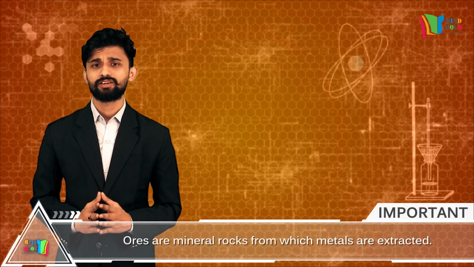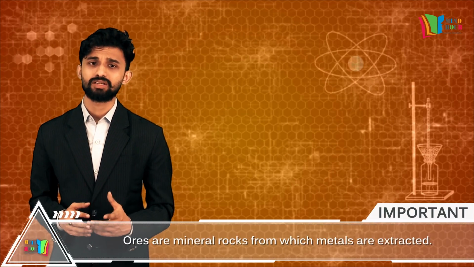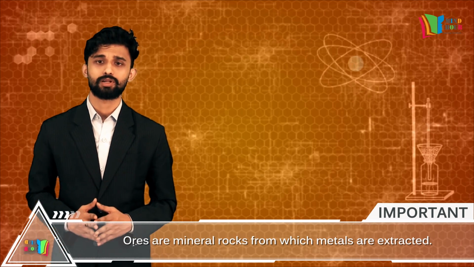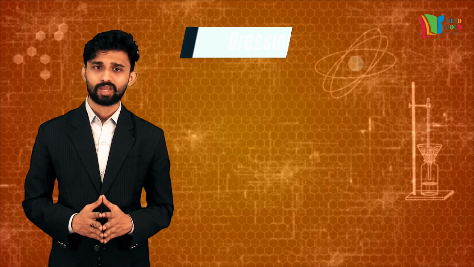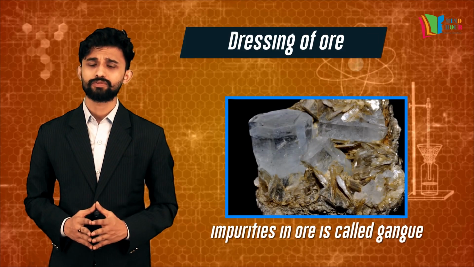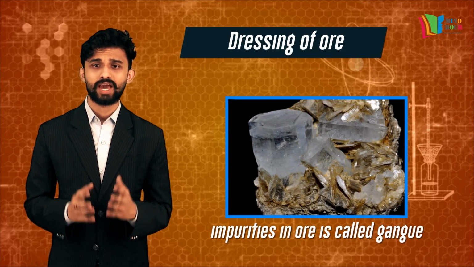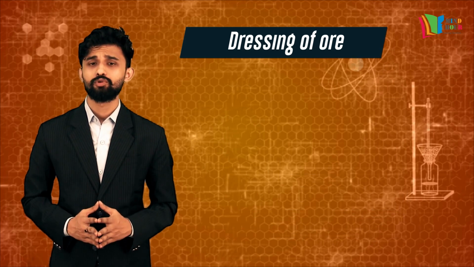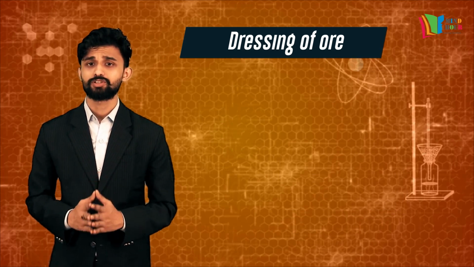The compounds of reactive metals from which metals are extracted and purified are called ores of metals. Ores of some of the metals can be obtained in nature. Ores contain a large amount of impurities, which is known as gangue. The process of removing impurities by physical methods like handpicking, crushing, pulverizing or grinding is called the